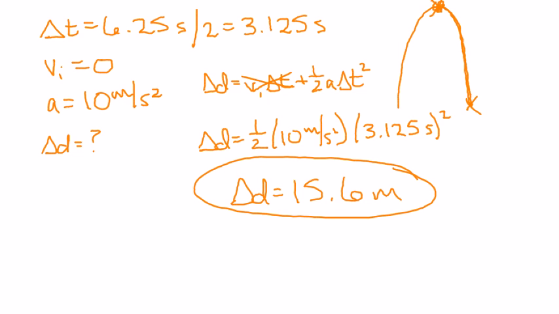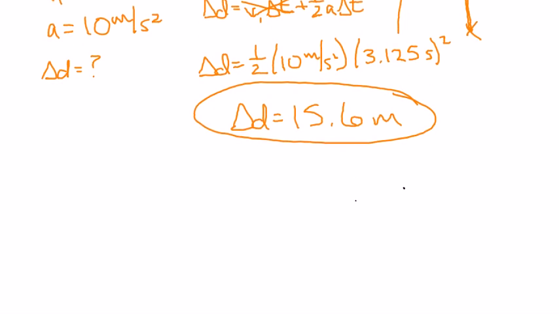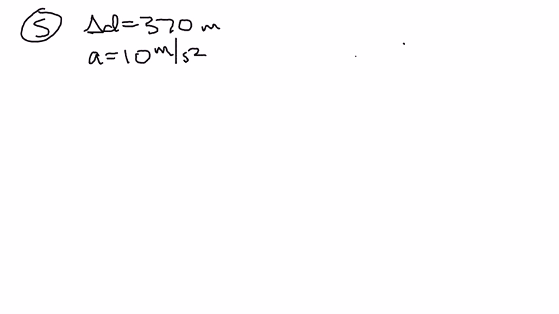For the last question here, we've got a penny falling from the observation deck of a tall skyscraper, 370 meters tall. We want to determine the time required for the penny to free fall from the deck to the street below, and we're going to assume the penny does not reach terminal velocity. It probably would, as air resistance would kind of balance it out, but we're going to assume that it does not. So we're going to, again, A is 10 meters per second squared, and it's falling, so VI equals 0. And we want to know the time here, so